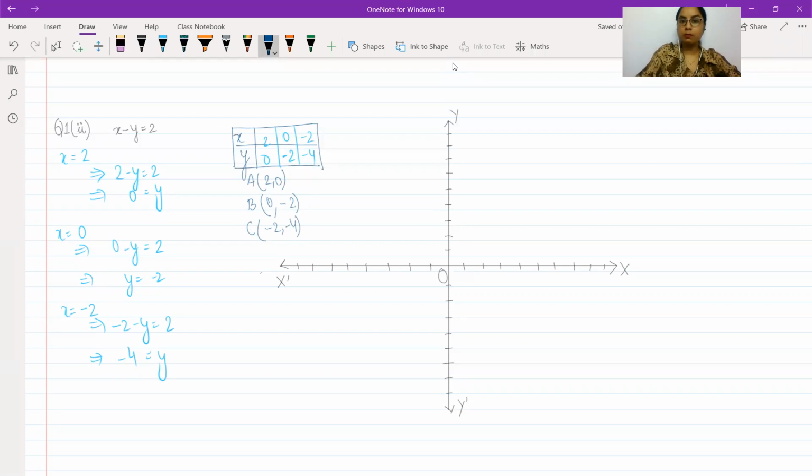Sometimes the table is made the opposite way. You use a value of y sometimes, it depends on the person. Y is written on top and x below, and if you make points from that, they will be wrong. If you take this as the first value and the second row as the second value, then your coordinate points will have wrong values. So the plotting will be wrong. Just be a little conscious.